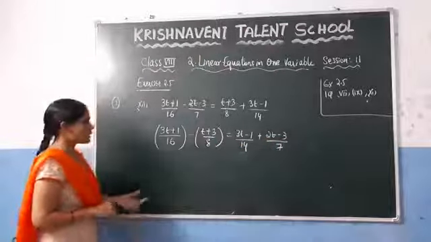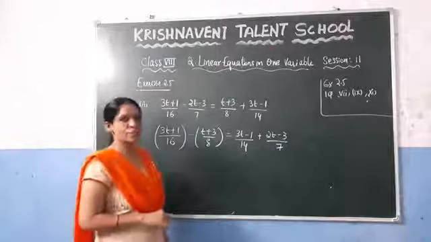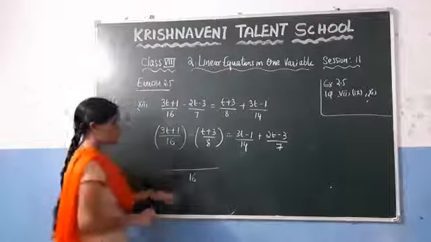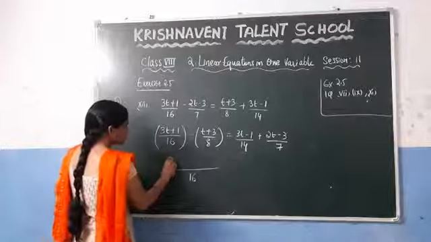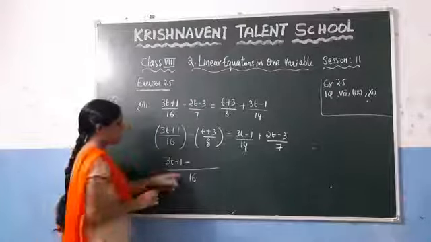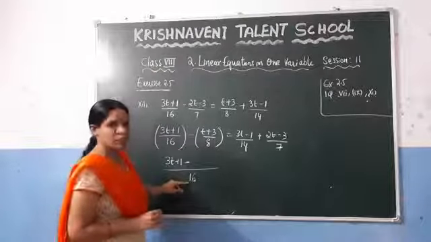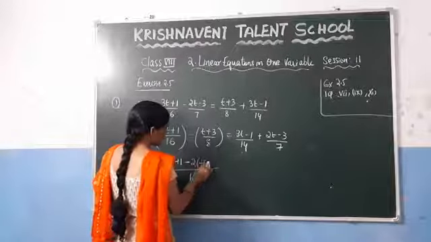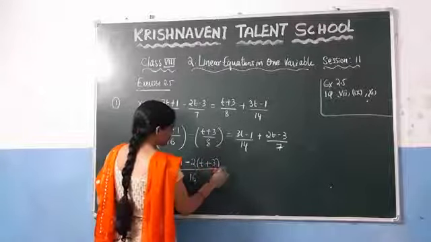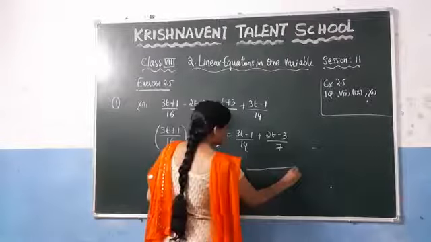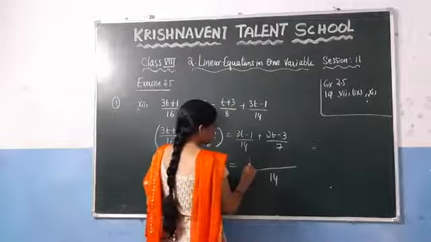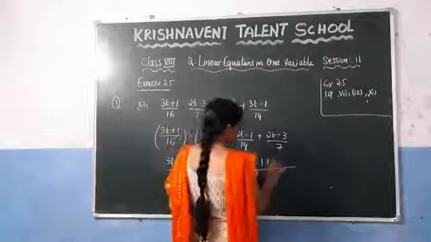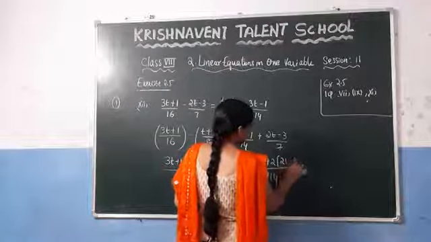Now, you can take the LCM of 16 and 8. You know that the LCM of 16 and 8 gives you 16. So write it here, 16. Since the denominators are the same, write the numerator 3t plus 1 minus. Here in the 8 table, you get 16 with 2, so multiply with 2 to the numerator. You will get 2 into (t plus 3), right? Now here, what is the LCM? Which is 14. So write the numerator 3t minus 1. In the 7 table, 7 twos are 14, so multiply with 2: 2t minus 3.